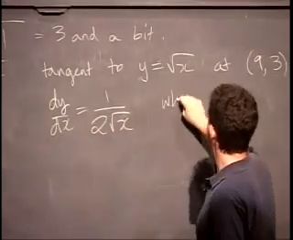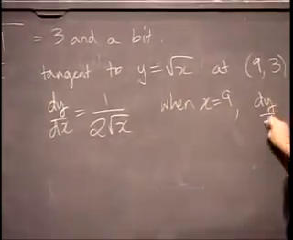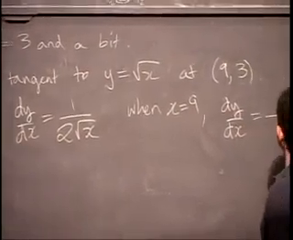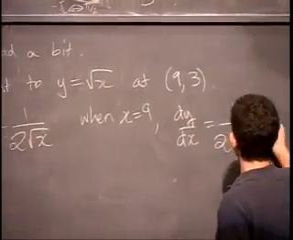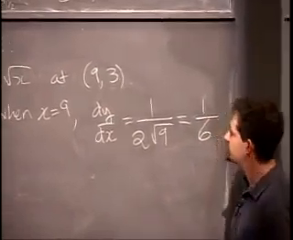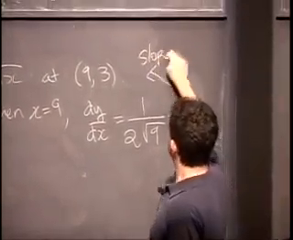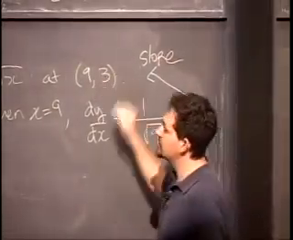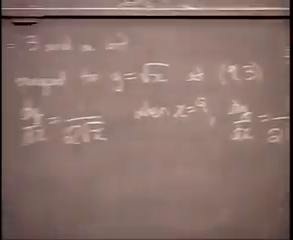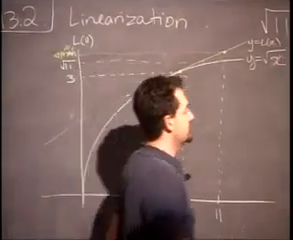So when x equals 9, dy/dx is 1 over 2 root 9, which is 1/6. So we are looking for a line of slope 1/6 through 9, 3. That's it. This is the line, slope 1/6 through 9, 3. So its equation is